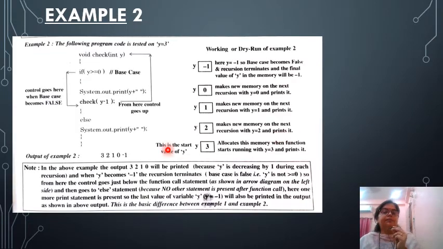Now see, here the thing has changed again. Here we have to write y is 3. The example is the same and the base case is the same, but we have given one printing statement also, System.out.println(y) in the else. So here minus 1 will also be printed. When y becomes minus 1, it will also be printed. Here is the dry run of your example 2. See, the dry run has been done.